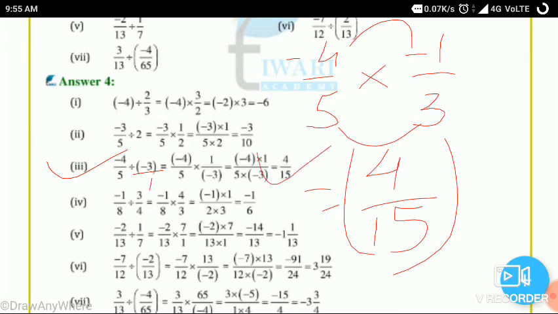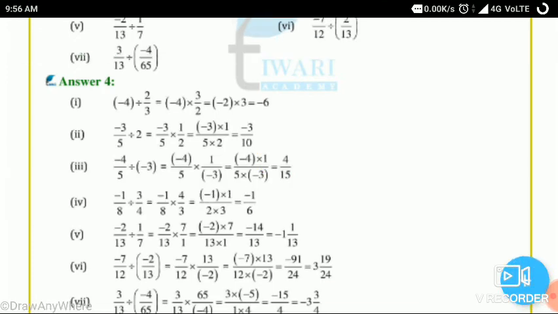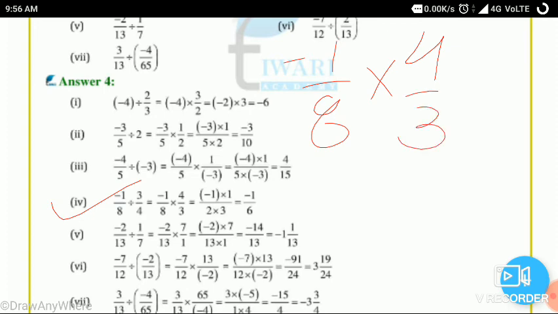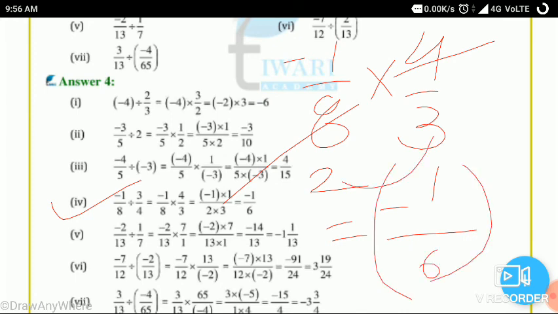Clear students, understood? Fourth one, minus 3 upon 8 divided by minus 1 upon 8 divided by 3 upon 4. So first we write minus 1 upon 8 as it is and put a multiply sign. So divide 3 upon 4, so we write here 4 upon 3. It's a reciprocal. Correct? Understood? Now see here we can cut it. 4 into 8, right? So which number is remaining in the numerator? Minus 1, right? And in the denominator 2 3s are 6. Okay, so minus 1 upon 6 is our answer.